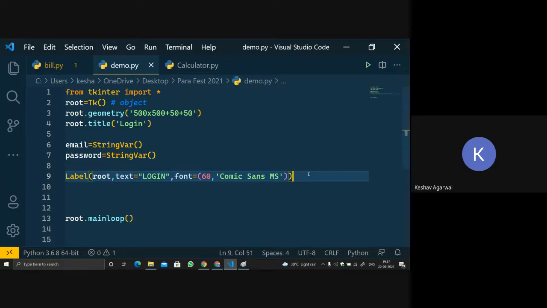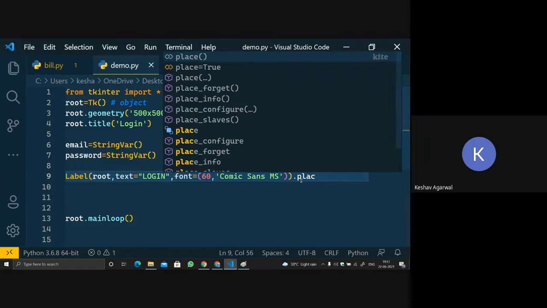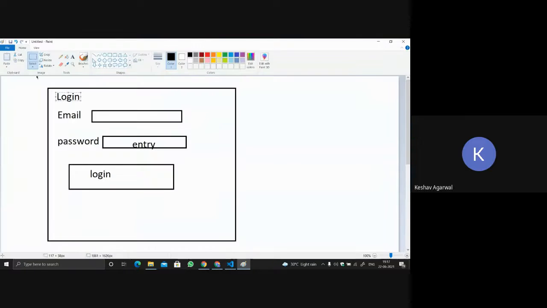Then we will place it with dot place. What this place will do is place it inside the window.